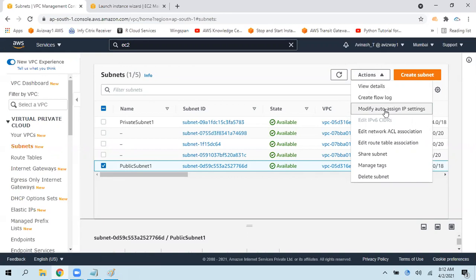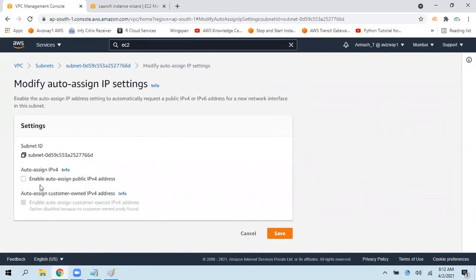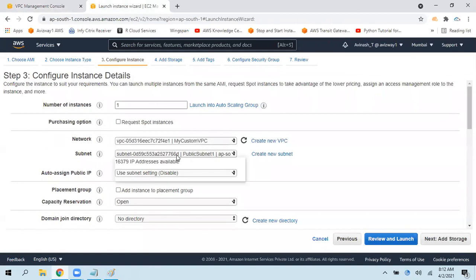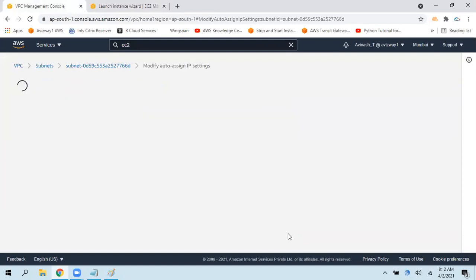Select modify auto-assign public IP settings and enable this. If you enable this, whenever you select the public subnet, this feature is automatically enabled. If you are okay to enable this feature manually, you can skip this step.